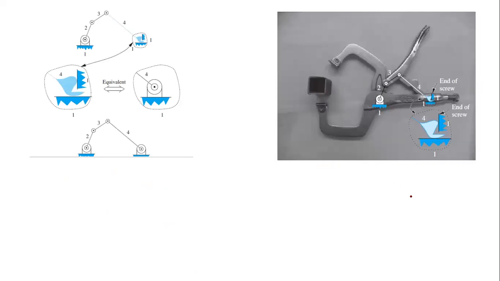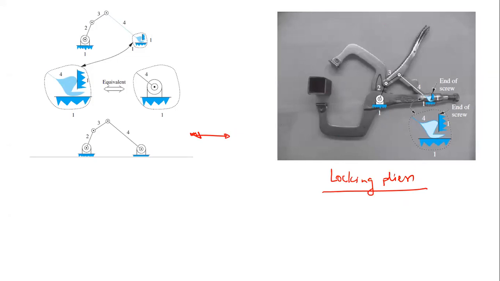So now again, if you remember, in the first session I showed you the video of a locking plier. So again, this is your locking plier. So this is your actual kinematic situation. And now again, you can represent a locking plier through a kinematic diagram. So this is a very important example. Maybe sometimes it is directly asked in many interviews whether a locking plier is a 4-bar kinematic chain, or it is, let's say, a 6-bar kinematic mechanism or something like that.